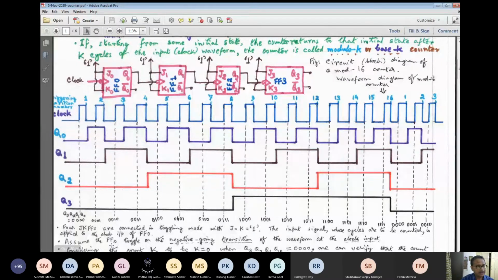So after 16 clock cycles pass, if you start from this state, this active edge, while you encounter this, this is not an active edge, I'm sorry, this is a 0 to 1 transition of the primary clock. You can see that this all 0 will return after the passing of 16 clock cycles. So from this point, you can count up to this point, you will get 16 clock cycles. All of you can verify it. And you can easily draw the waveform diagram of this modulo 16 counter.